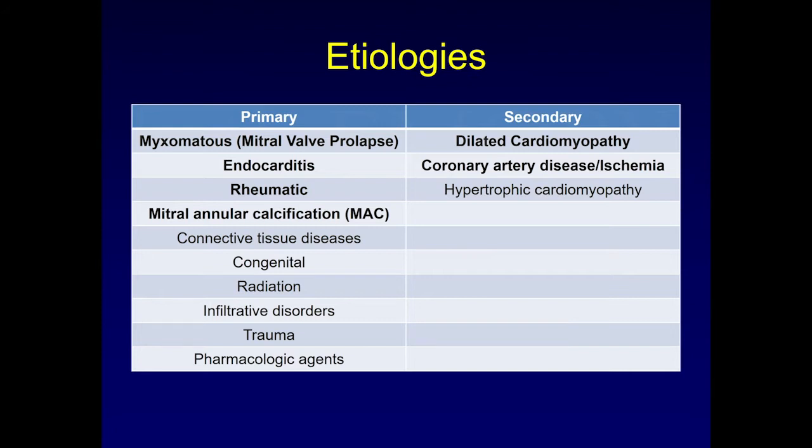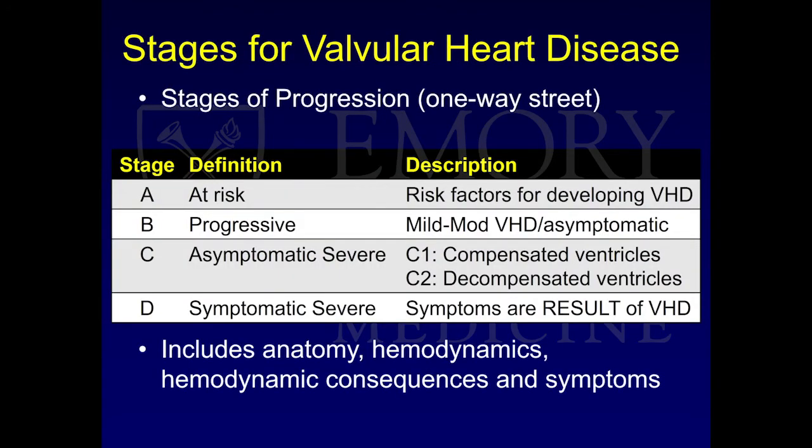So you want to try to figure out the etiology so that we know what to do with it. I'm going to remind you, in case you didn't know, that there are these days stages of valvular disease. I have not seen this picked up clinically very often. When we talk about it, we don't say, oh, this patient has stage C2 mitral regurgitation. It's very uncommon for us to talk about it, but it has been in the guidelines since 2014, where they tried to create a template for valve diseases similar to heart failure. So there are 4 stages, just like in heart failure, A, B, C, D. And part of this was for us to